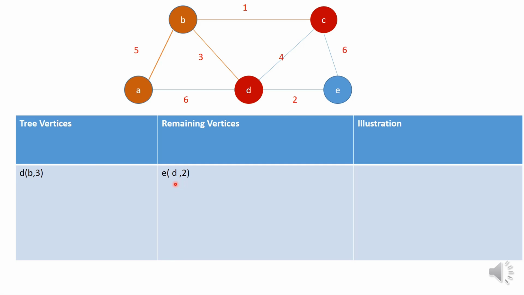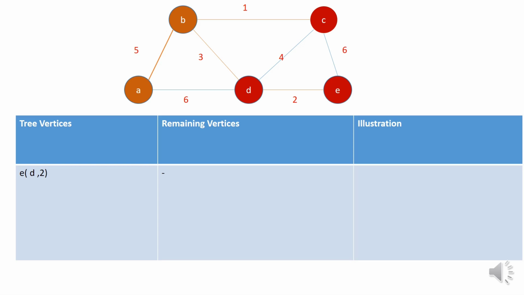So now we can add the same, whatever is remaining here, that also we are going to add. As there is only one remaining vertex, directly you can add it to the tree vertices. Okay. With this, I have considered even DE. This has given me even DE. So this is the minimum spanning tree I am going to get. Now as I told, I have added E into the tree vertices.